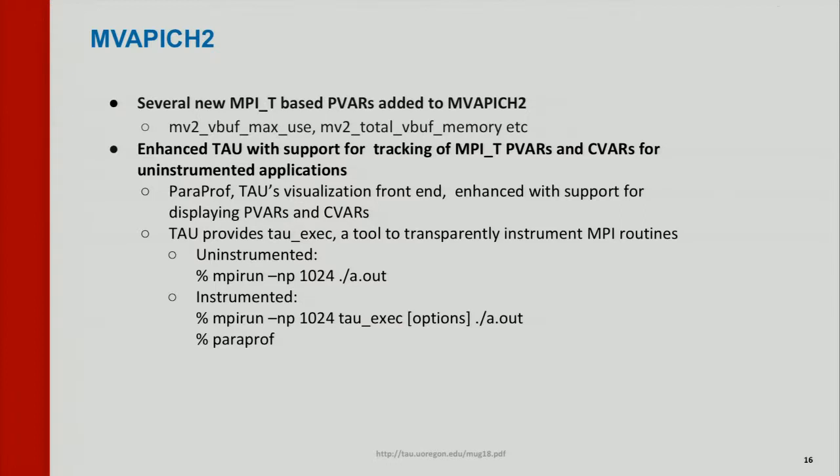So what this requires is for you to insert the TAU library during the execution. To do that, we have a tool called TAU-exec. Now the beauty of this is that you do not need to change anything in your application. You can run your code like this, mpirun -np 1024 a.out, and to introduce the TAU infrastructure in your code, you can just say mpirun tau_exec with some options